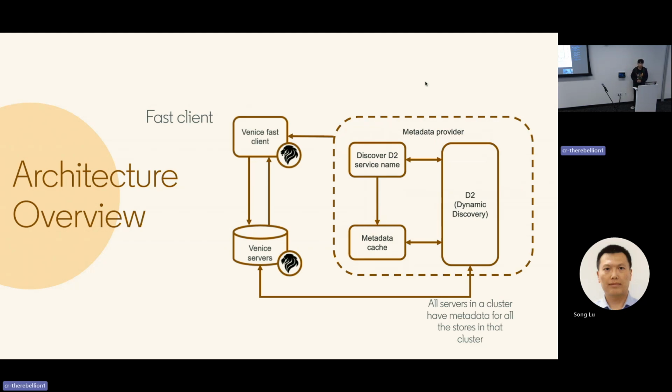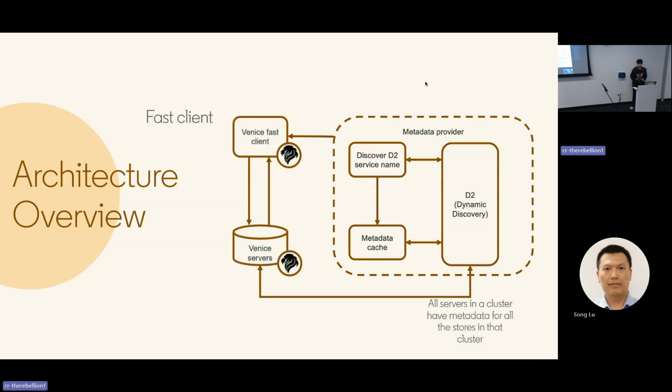So the job of the metadata provider is to get all this metadata to the fast client and keep it updated. Let's split the metadata provider into two parts. One part is where to get the metadata. The second part is how we're getting it. So for where to get the metadata, the source of truth for all our metadata in Venice